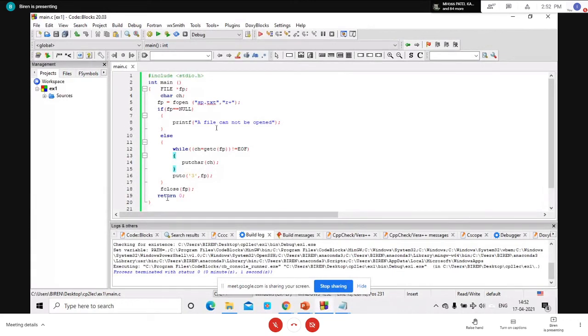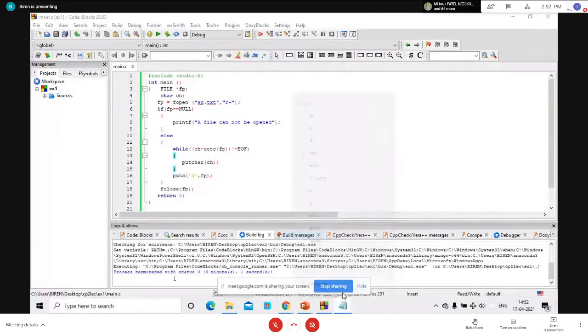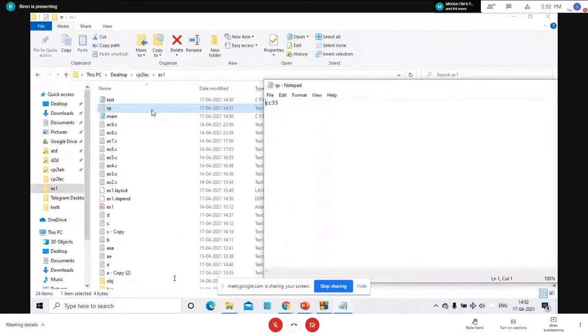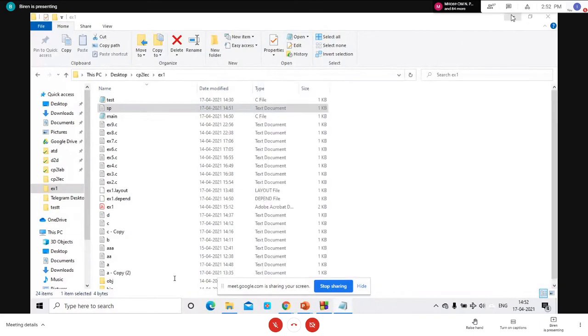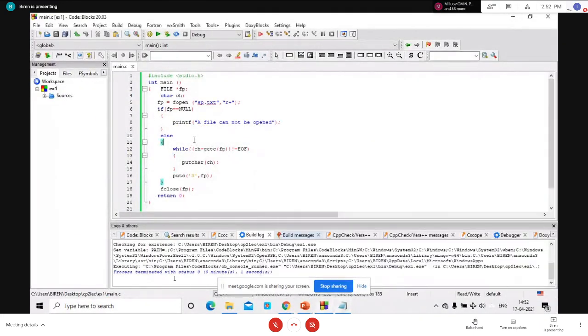Okay, second time 3. Now just observe here once again. Before executing this code, observe the data of this file: cc33. Now using this fopen, I'm going to open it in r plus mode.